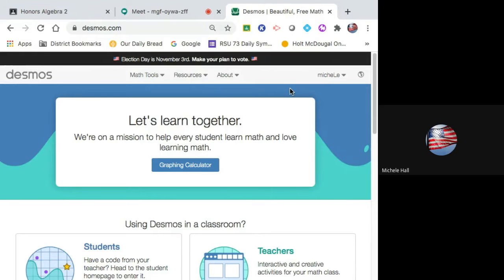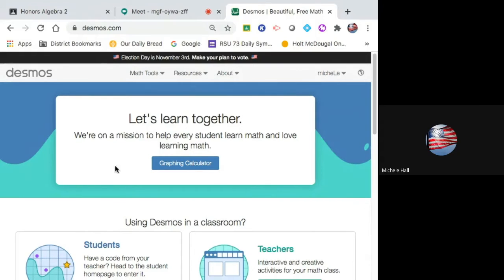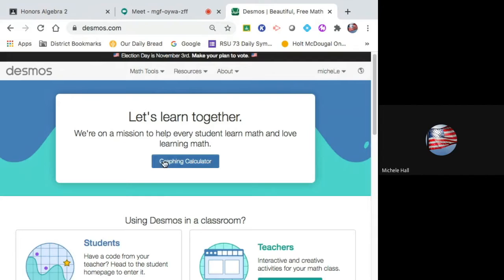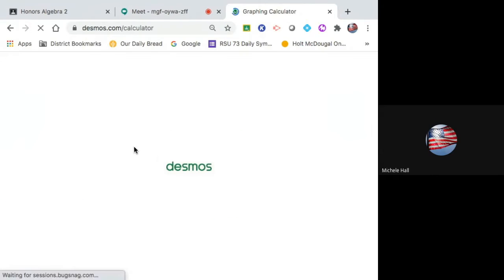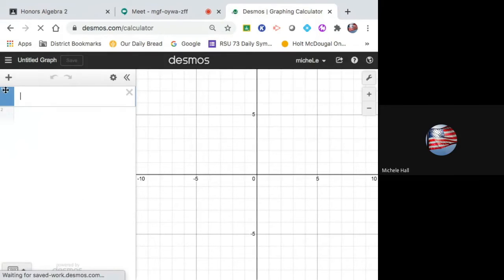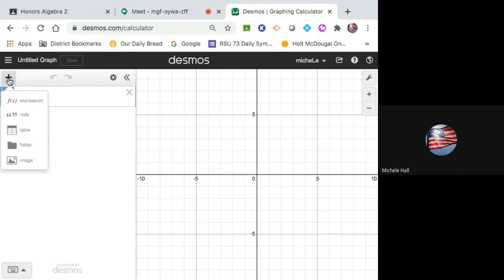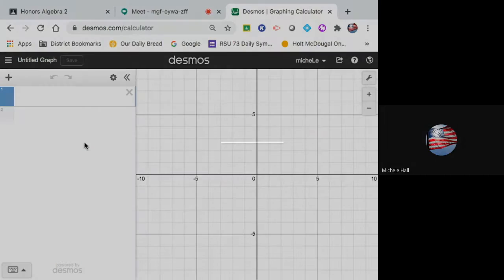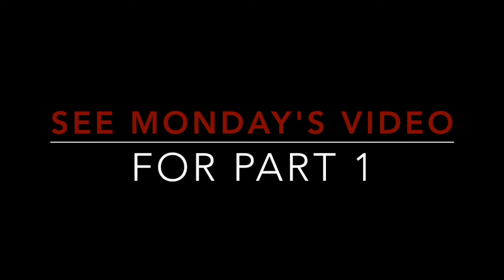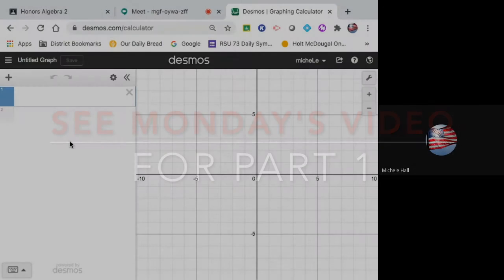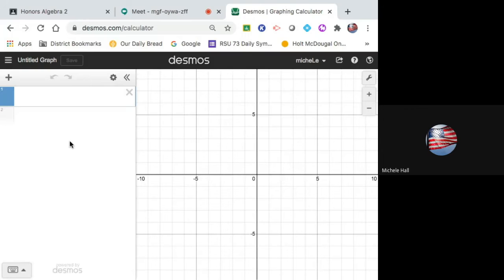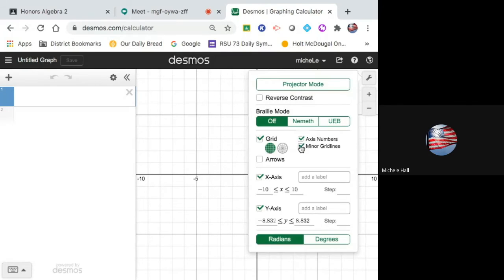Okay, let me go into Desmos graphing calculator. And you would go up here where the plus sign is and go to image. And that's how you import an image into Desmos. Up here in the wrench, there's settings, like for instance, I'm not crazy about having minor grid lines